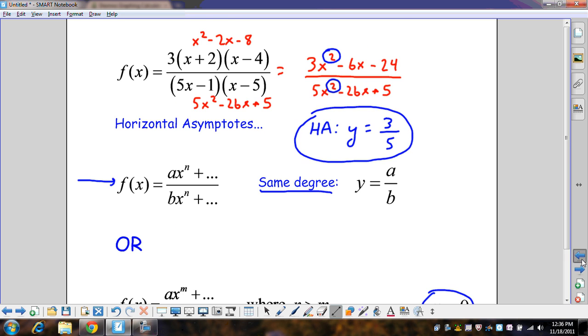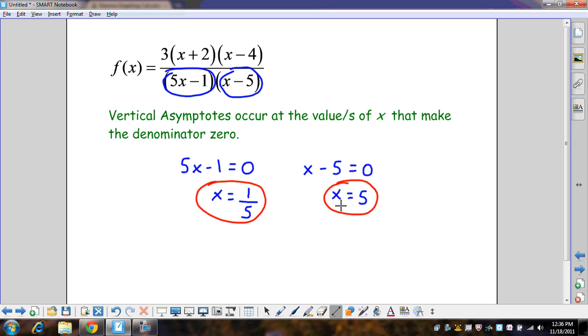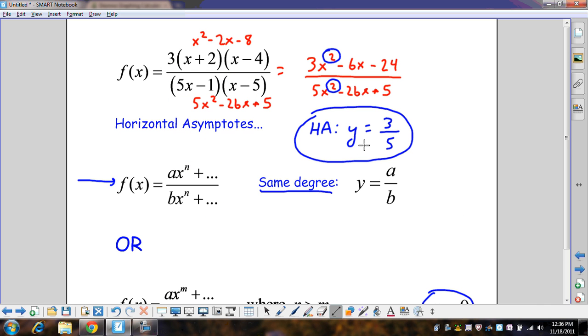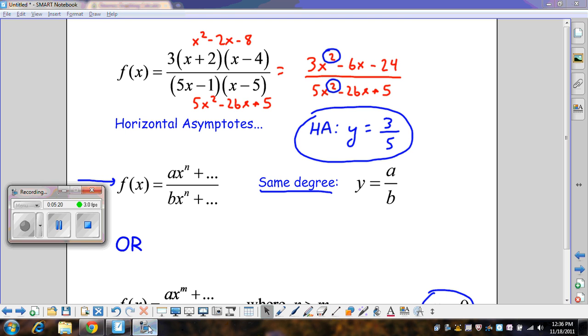And then for the horizontal asymptote, sorry, we said that it was y equals 3/5. So again, I would have to eyeball it, but 3/5 would be right about there. And there are my asymptotes. So we're going to